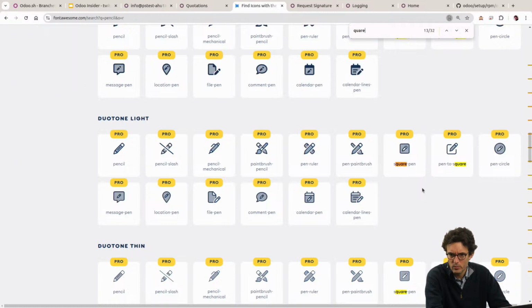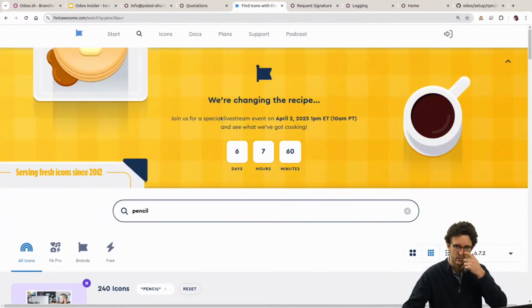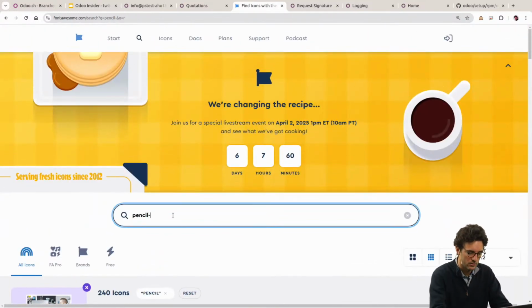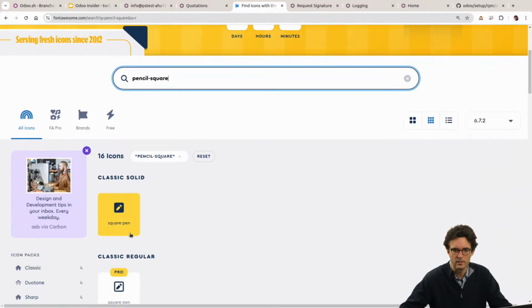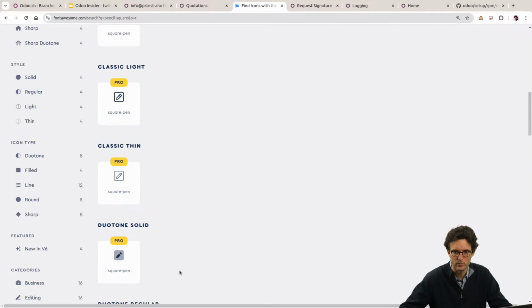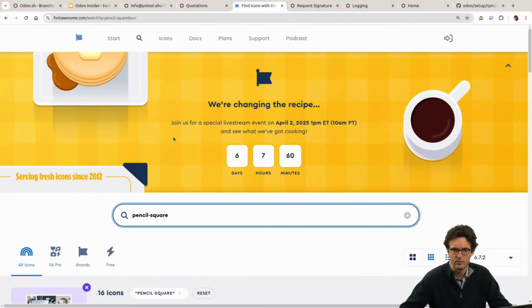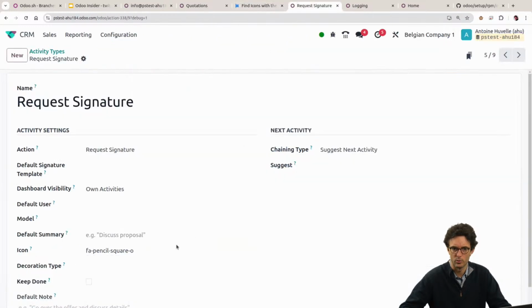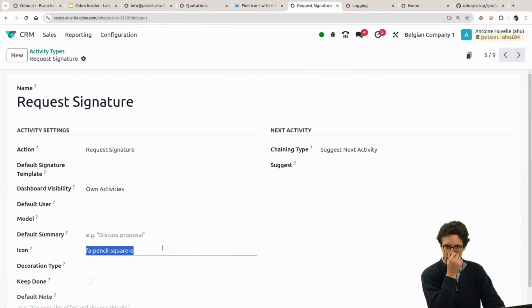Maybe we use a former version. Huh? I will try something. I will look for it. Pencil square. Yeah, that's maybe the one. It's just that the name changed, because you also have different versions of FA. But I suppose you can find it